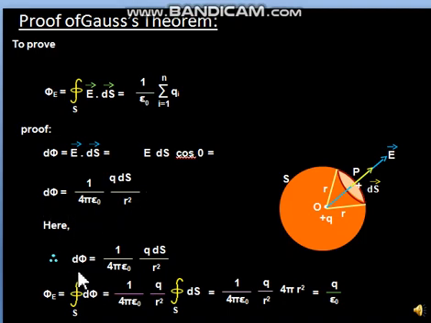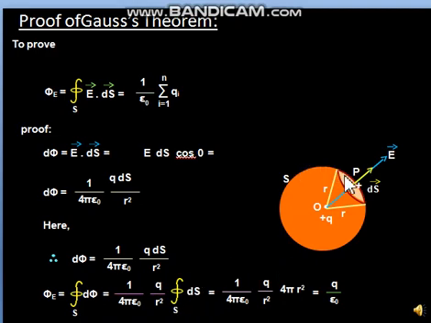Then after d phi calculation, total phi is the integration of d phi. This loop over the integration sign denotes that the charge was enclosed, which is the requirement of Gauss theorem. Then next, if we put here the d phi value, whatever terms are constant, that means 1 upon 4 pi epsilon 0 q upon r square, can be taken out. So inside the integration left is ds. Now what is the integration of ds? Let us understand. Since ds was the part of the sphere, integration of ds means the whole sphere.